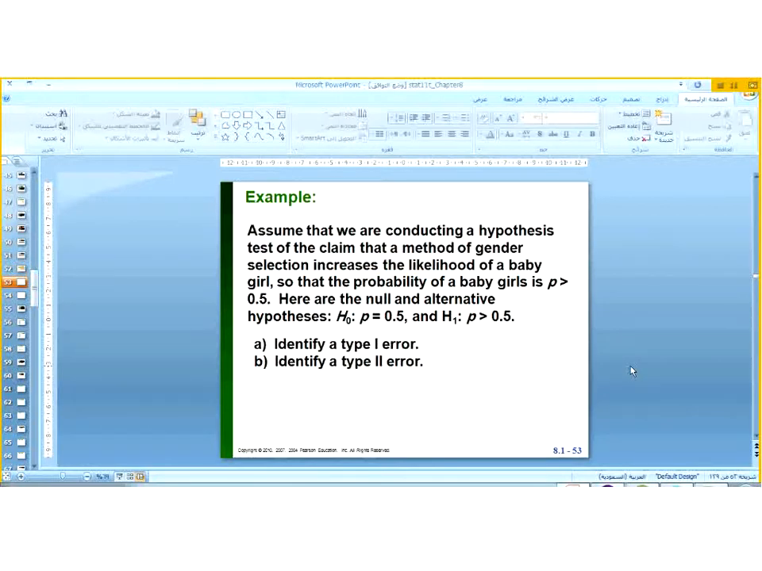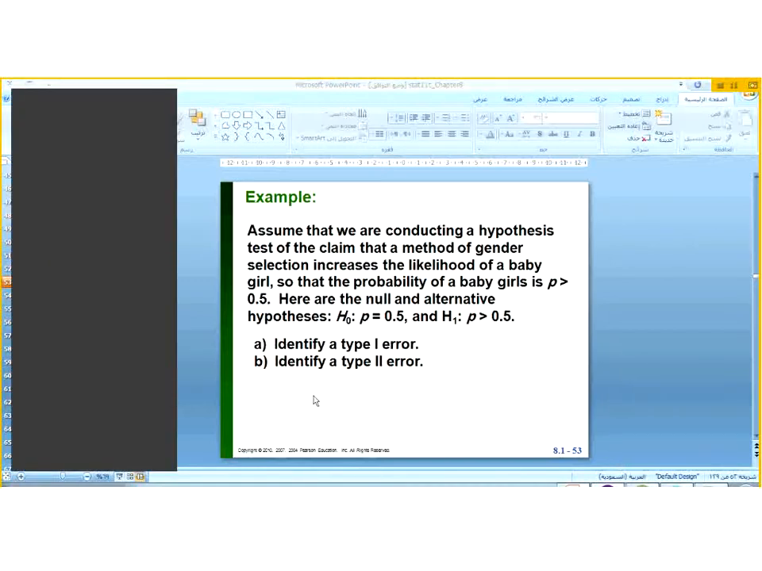So here's the first example. Assume that we are conducting a hypothesis test of the claim that a method of gender selection increases the likelihood of a baby girl, so that the probability of a baby girl is B greater than 0.5. Here are the null and alternative hypotheses. Identify a type 1 error. ايش حيكون التايب 1 error؟ يلا. التايب 1 error ايش قلنا انه؟